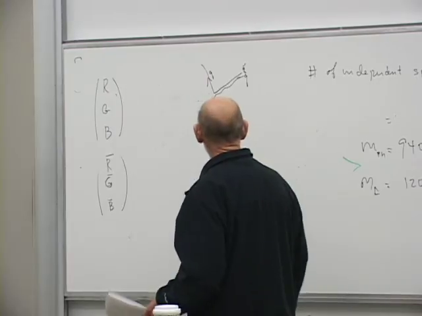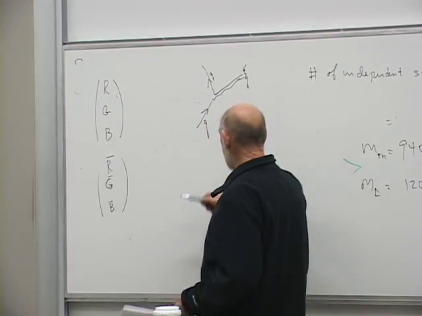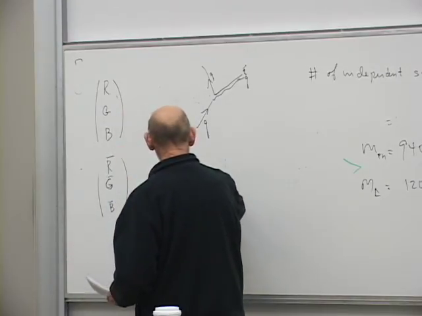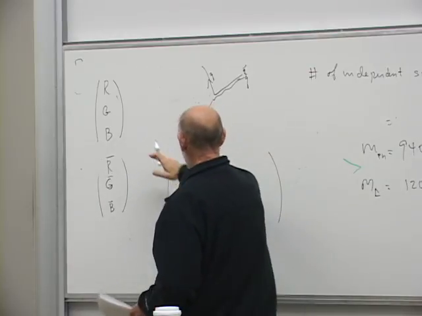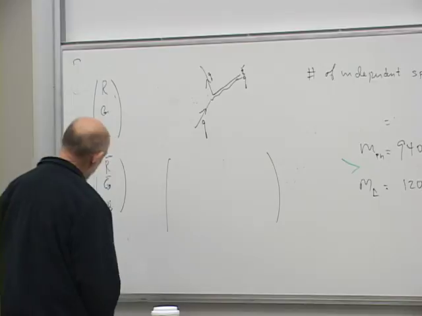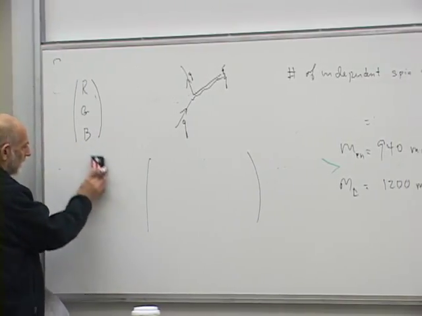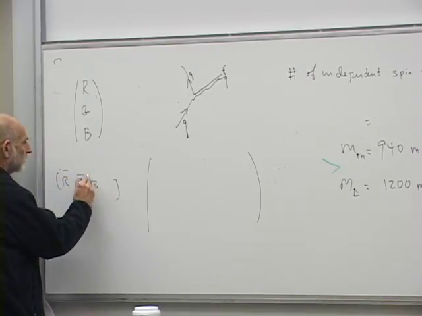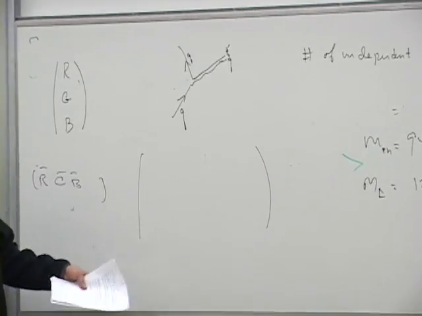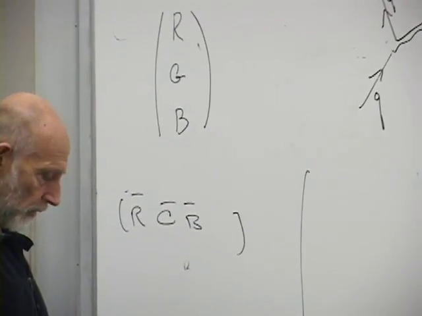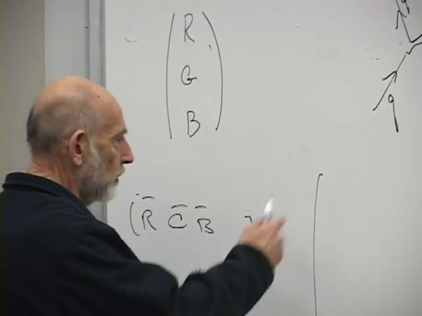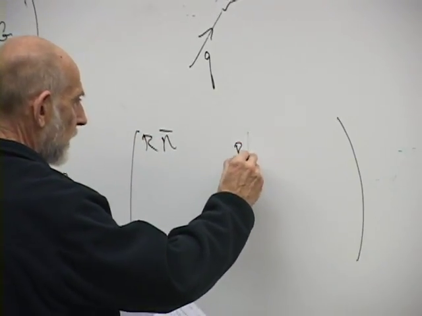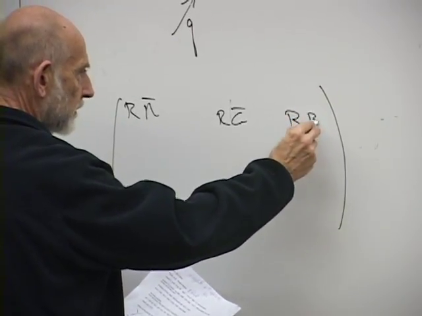What are those 9 gluons? They're the 9 combinations that you can make by taking a quark and an antiquark. In other words, they make a matrix. If quarks are like a column, we might think of antiquarks as making a row: red bar, green bar, blue bar. Then gluons would fill out a matrix. To label a gluon, you would label it with 2 indices, 2 colors. There would be red, red bar, red, green bar, red, blue bar,